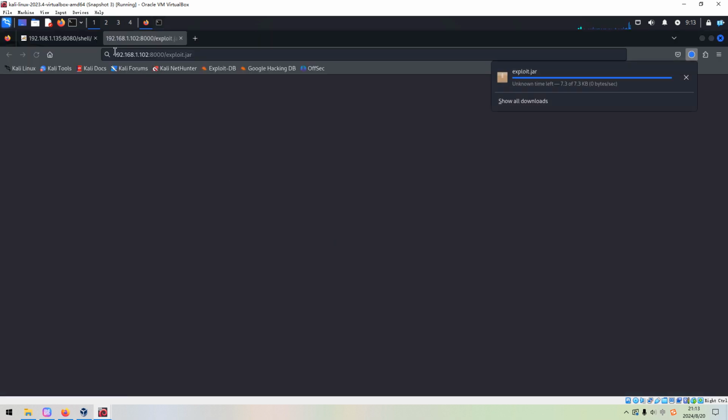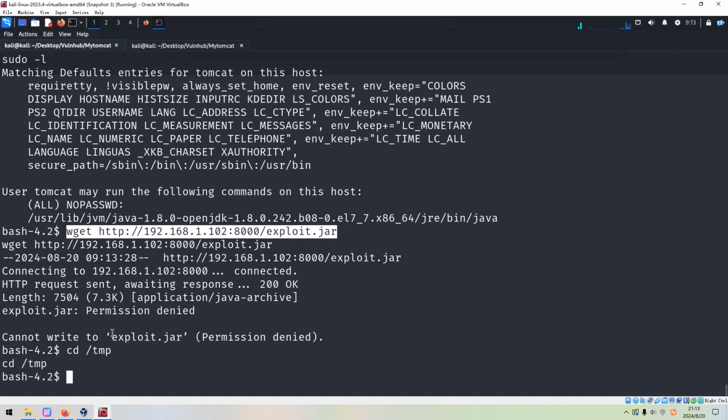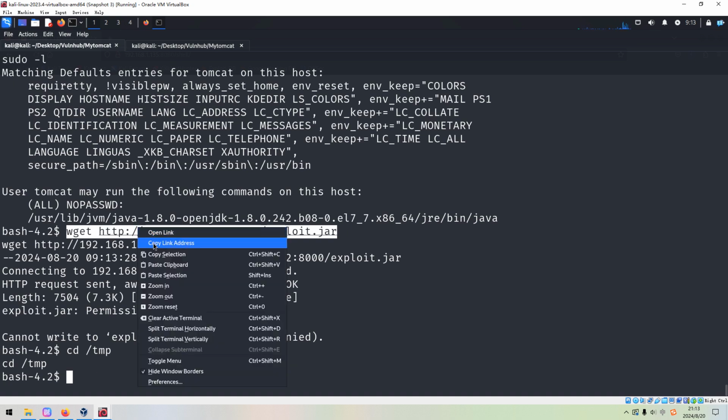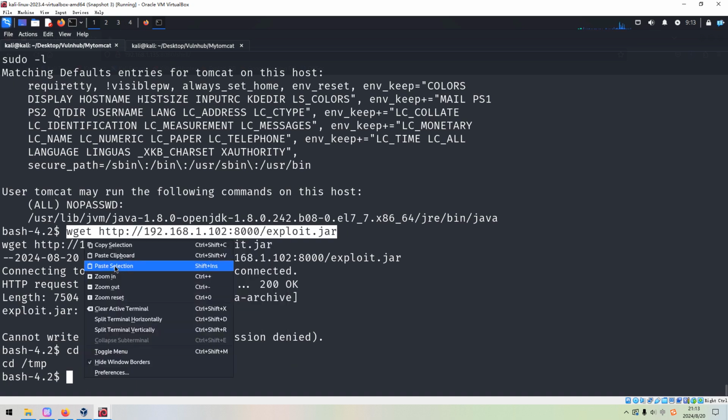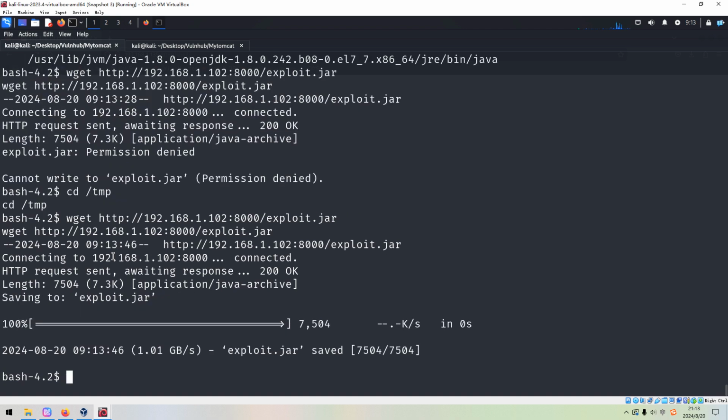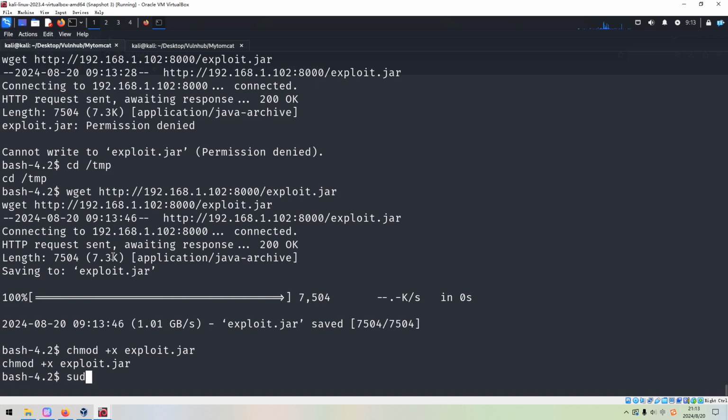Oh, sorry, what am I doing. We can copy and paste over here, and we need to change the mode to make it executable. exploit.jar, and then we can use sudo java, and the option is -jar, and exploit.